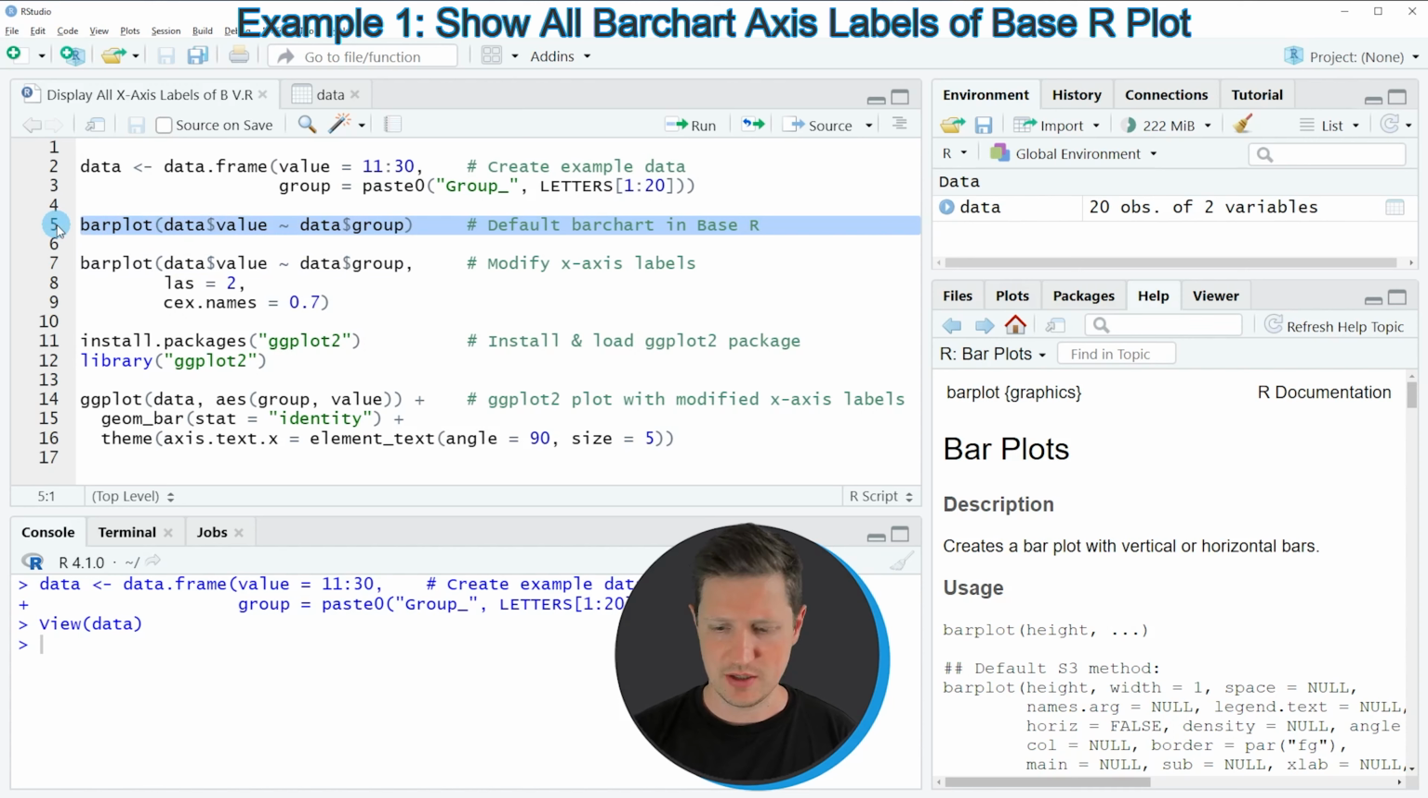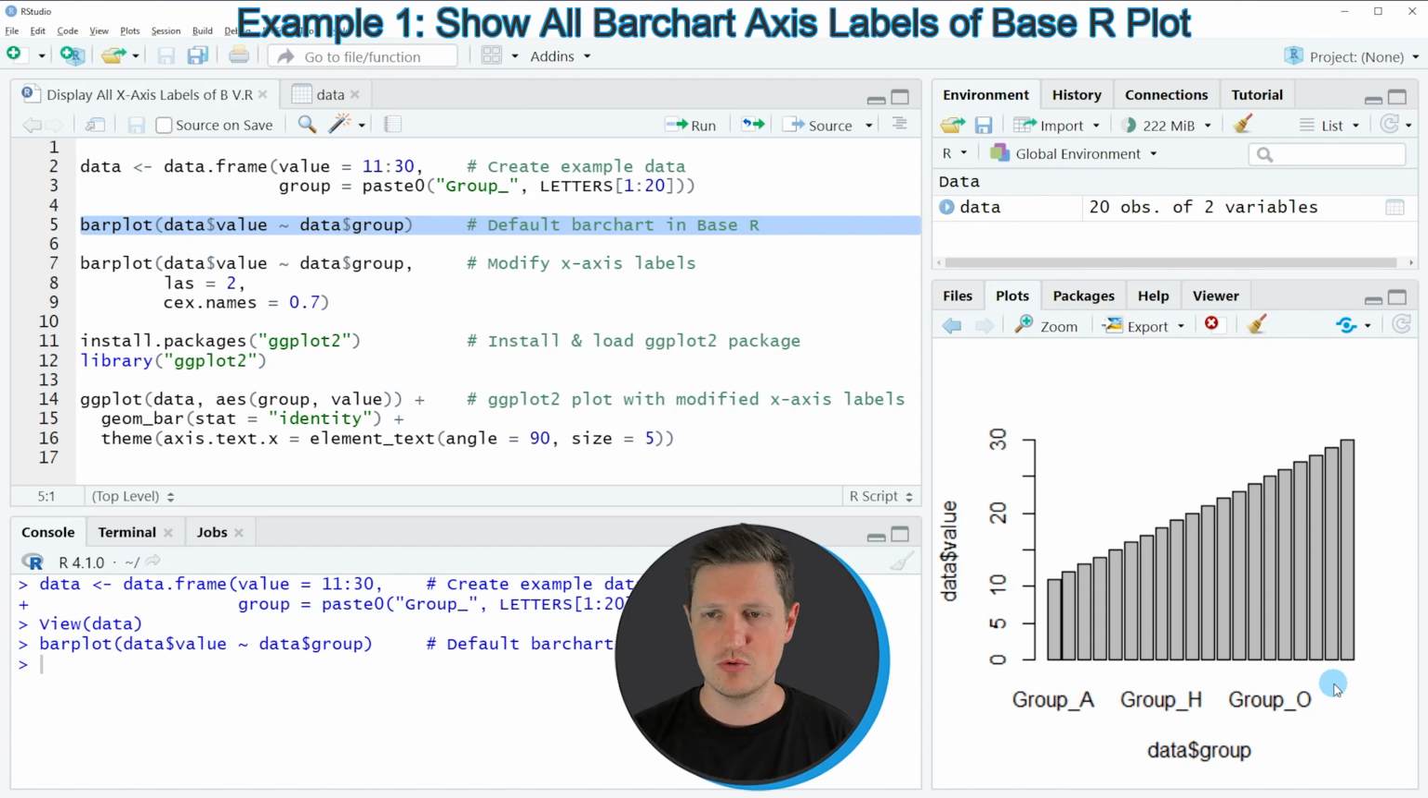So if you run this line of code, you can see at the bottom right of RStudio that a new bar plot is created. However, you can also see that this bar plot contains many bars, but the x-axis of our plot shows only 3 different labels because the space below the bars is not enough to show all of the labels. So for that reason, we might want to change the default specifications of the Barplot function to show